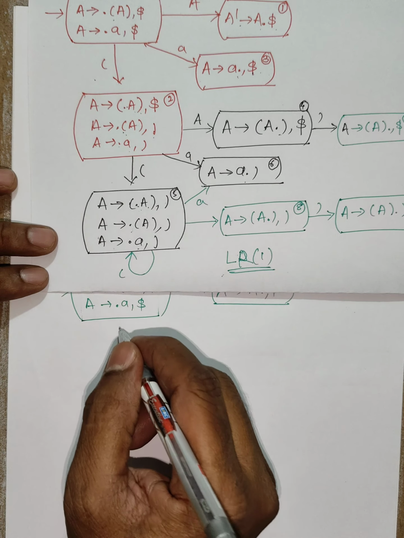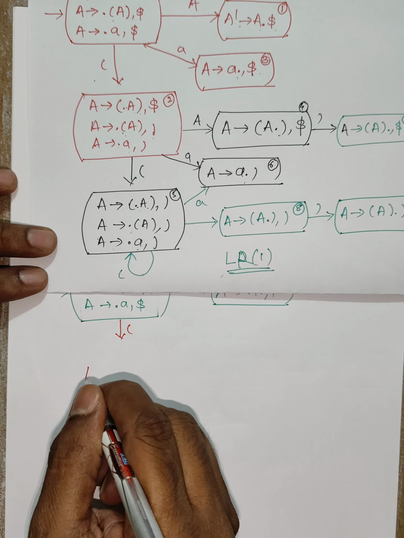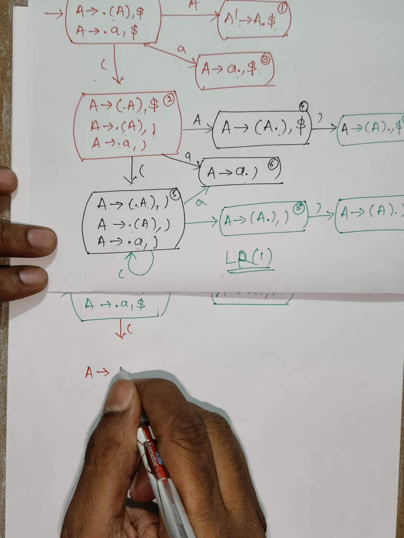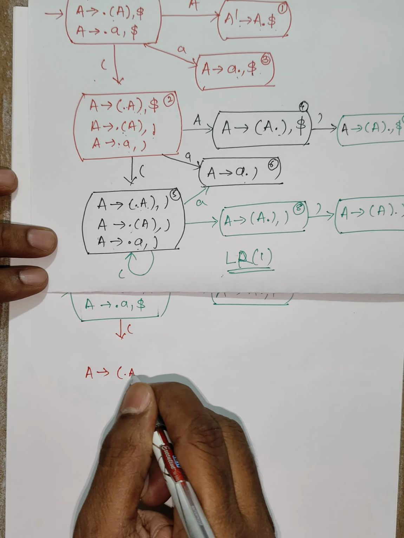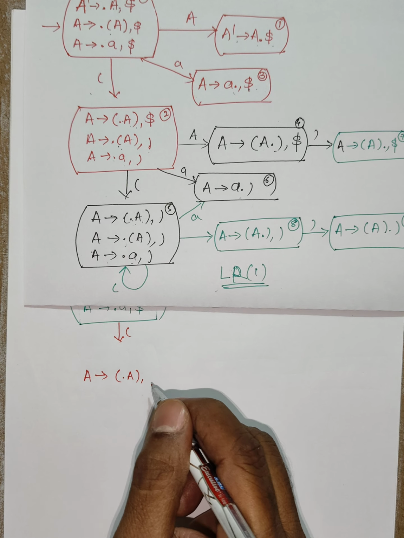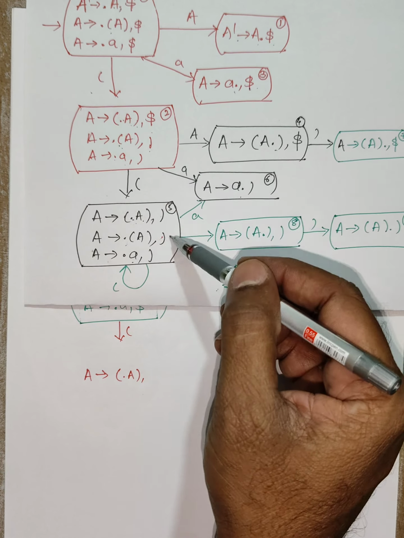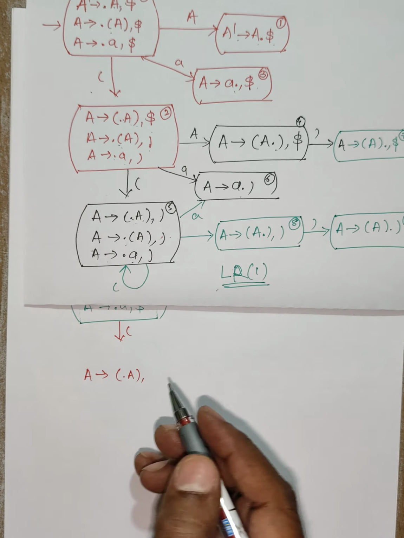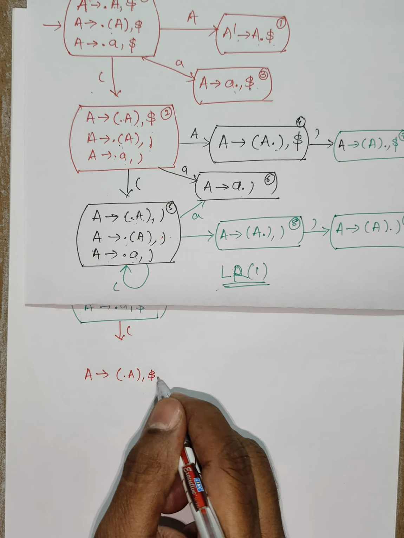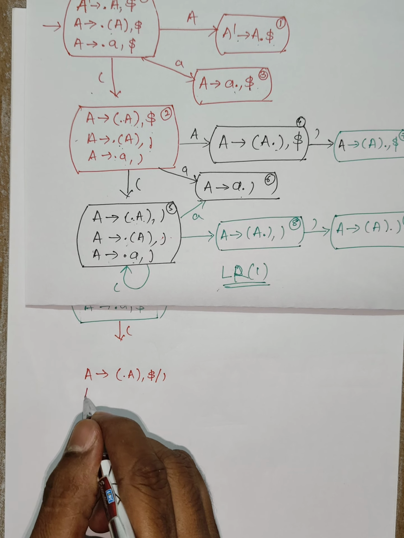Transaction on A, transaction on opening bracket. Transaction on opening bracket, A produce opening bracket dot A closing bracket comma, here you can combine these two. You can combine these two. Combine these two means production is same, dollar slash closing bracket, and for this remaining two production same,